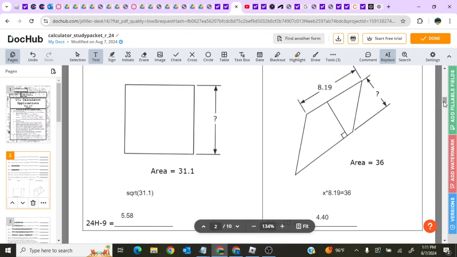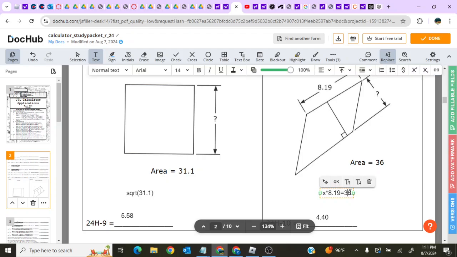Parallelogram. The area is 36. This is the length. This is the height. Area of a parallelogram is length times height. So let's find the x in this equation and get